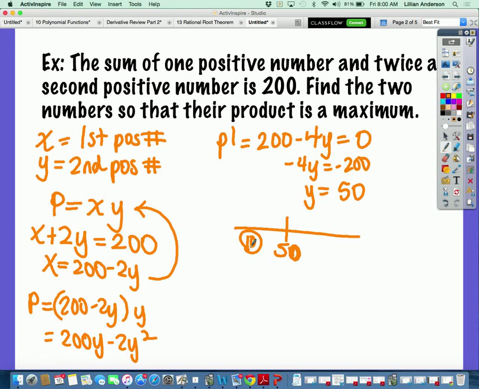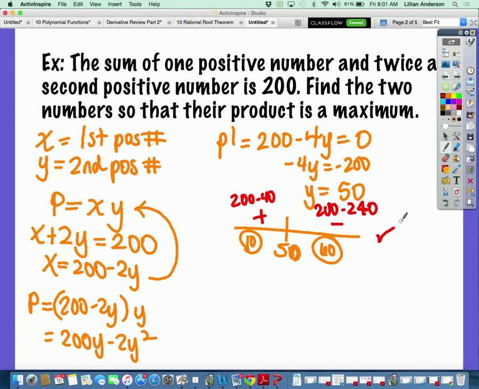I could have gone 1, but I'm going to do 10. And I'm going to do 60. And I'm going to plug it into the derivative to see if indeed I get a positive on the left and a negative on the right. So I'm plugging 10, that's 200 minus 40, which is indeed a positive number. And when I'm plugging 60, that's 200 minus 240, which indeed is a negative number. So yes, I indeed have a maximum, and so y is 50, and that's going to